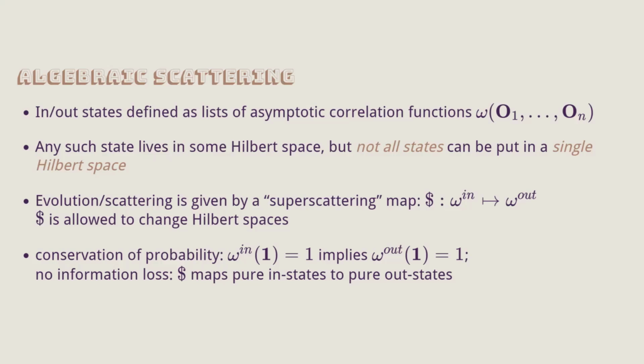Okay. Sorry. Good question. I should have mentioned that. So these field operators, there are two of them. One is living on past null infinity, the other on future null infinity. So by in, I just mean these correlation functions for the past null infinity operators are given to me. All of them are in the past. No, but then O out is the out state which goes to the future.